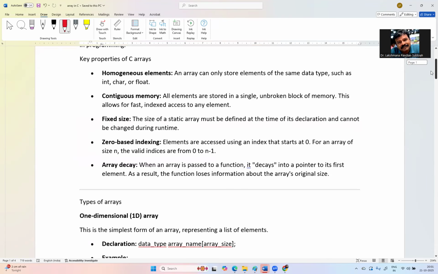The next one is array decay. What do we mean by array decay? Here we are passing an array with the array name itself. If we are calling a function and passing the array to that function, for example if you want to print the array,